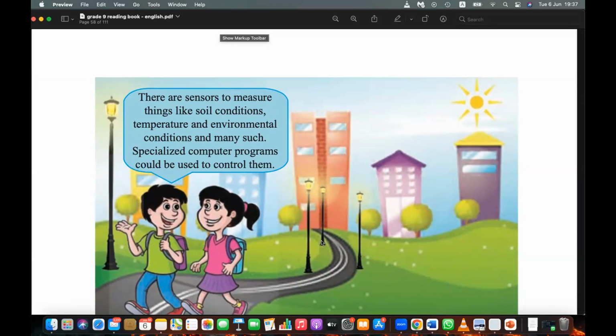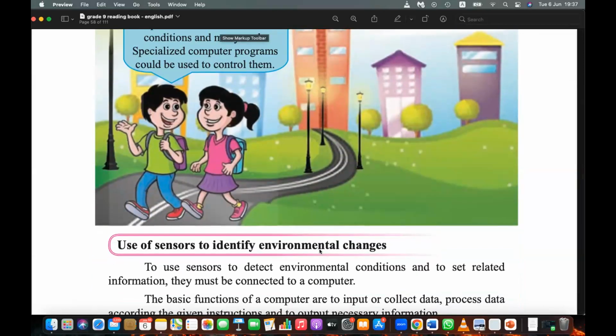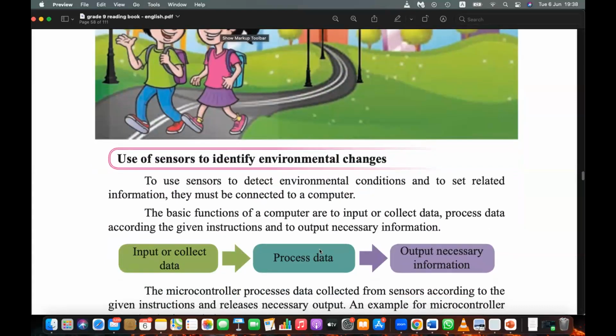So the process is somewhat automated. Why? Because when a person comes, the door will open. Or when a person moves, the staircase will start moving. Or when a person is there, the lift will not close. Likewise, if there are too many people in the lift, it will detect and say it's too heavy and cannot move. Many places need this automation. That is where sensors are used.